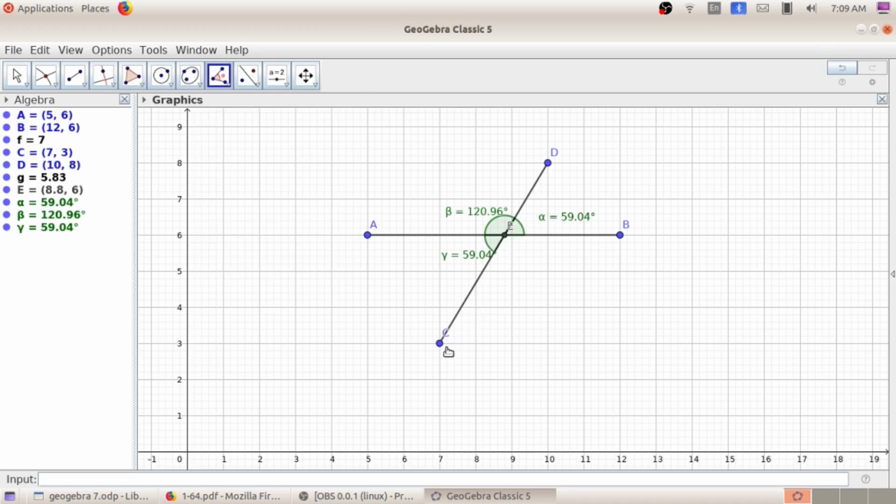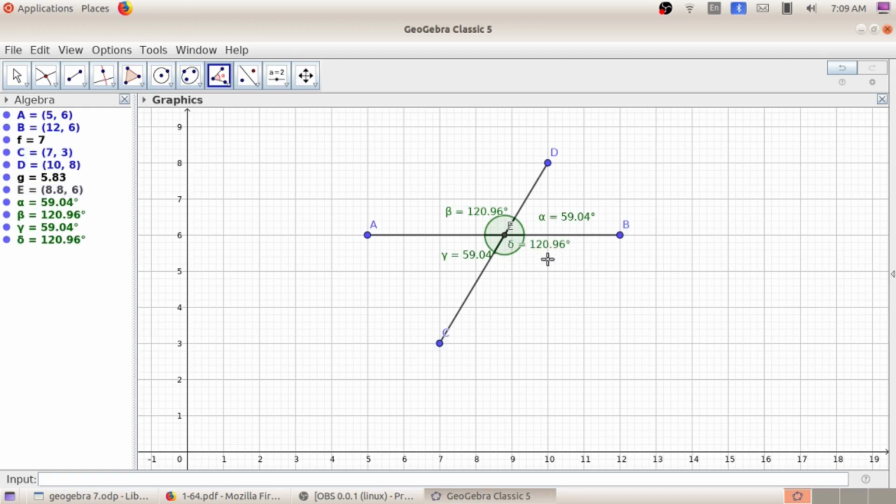You need to follow this direction, anti-clockwise. I am going to find the angle CEB. I repeat, CEB. So click on C, then E, then B. So you can see the angle here.